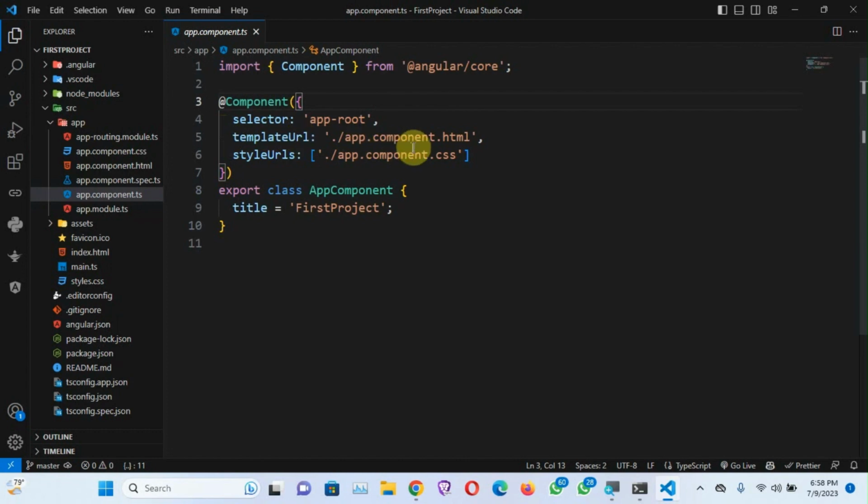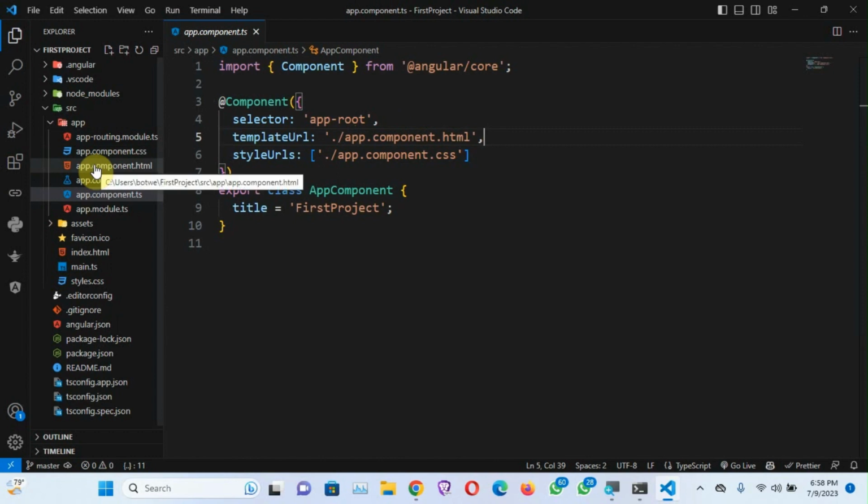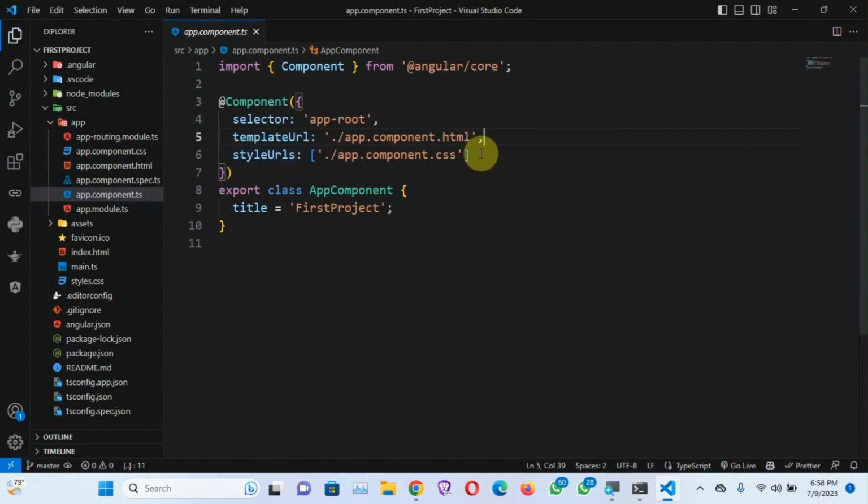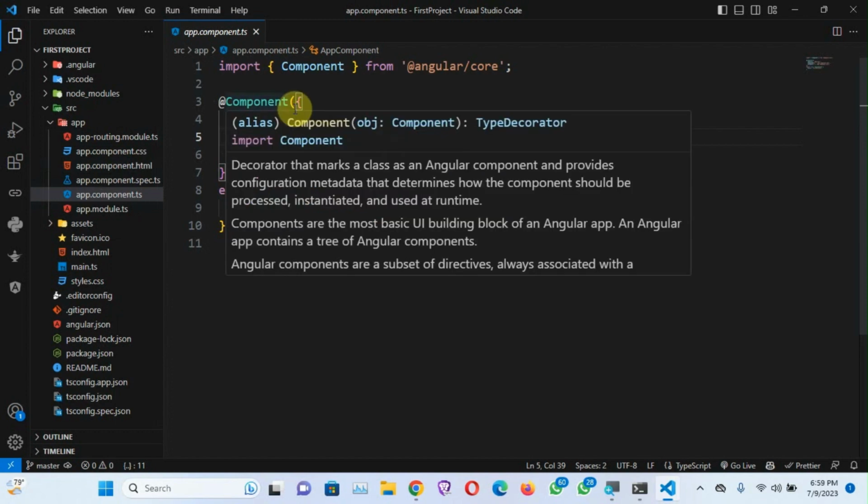And then template in Angular is just your HTML files. So templateUrl is just the path to the HTML file in your Angular project. You can see that here inside the app, in the same directory, we have app.component.html, and that's true, we have it right here, app.component.html. And then same for styleUrls. With this one we have an array, meaning you can have more than one CSS file for one component. Since it takes in an array, you can just add a comma to add more style sheets to this component. Okay,